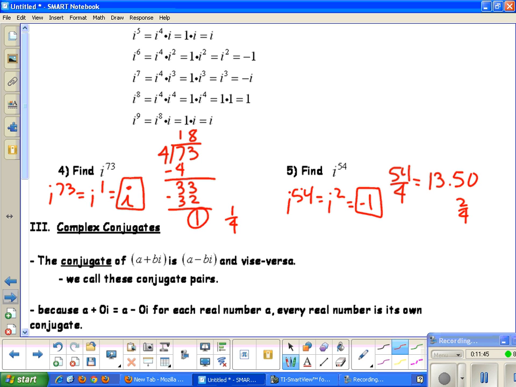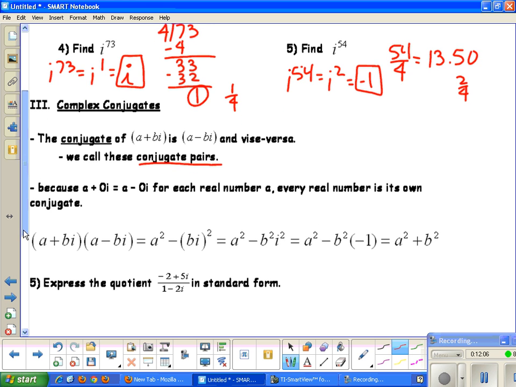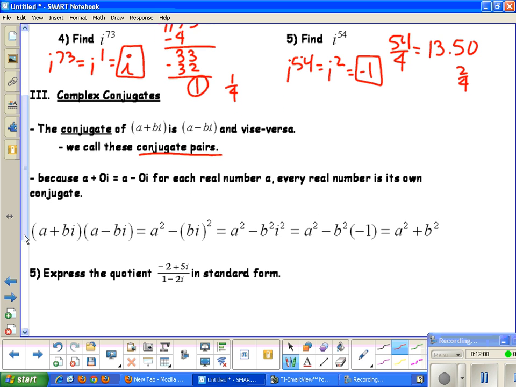The next thing we want to talk about is complex conjugates. The conjugate of a plus bi is a minus bi and vice versa. We call these conjugate pairs. Because a plus 0i and a minus 0i, for each real number a, every real number is its own conjugate. But these conjugate pairs are important because if we were to multiply conjugate pairs out, in general a plus bi times a minus bi, notice we would get